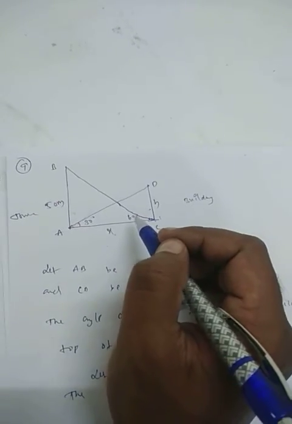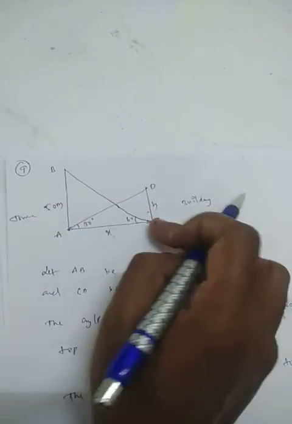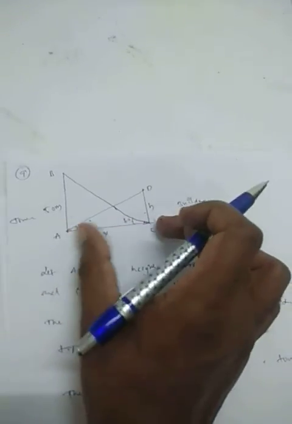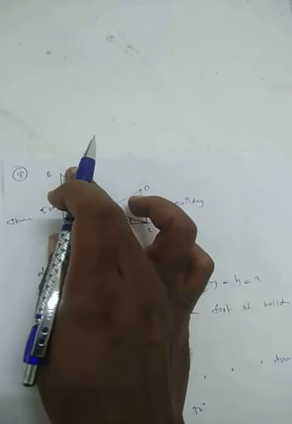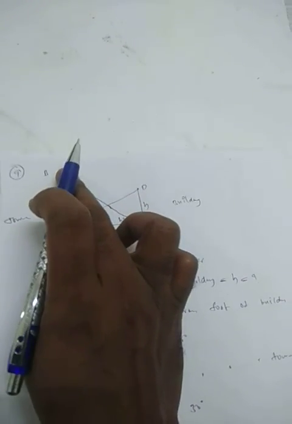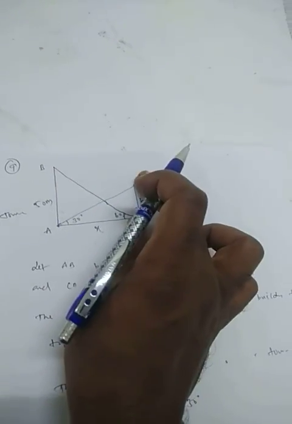So, elevations. Once again, here the elevation is more. The distance from here to here is the same. How will we decide which will be at more height? Here this angle is more, so definitely this is going to be at more height as compared to this. This is all about question number 9.